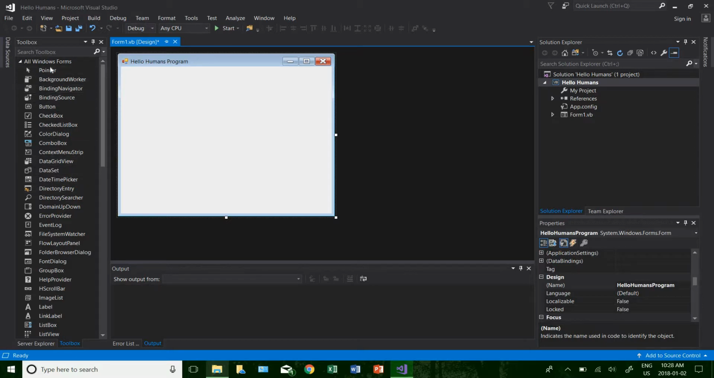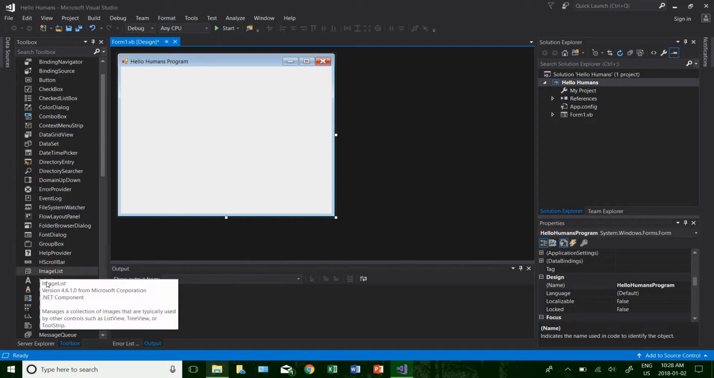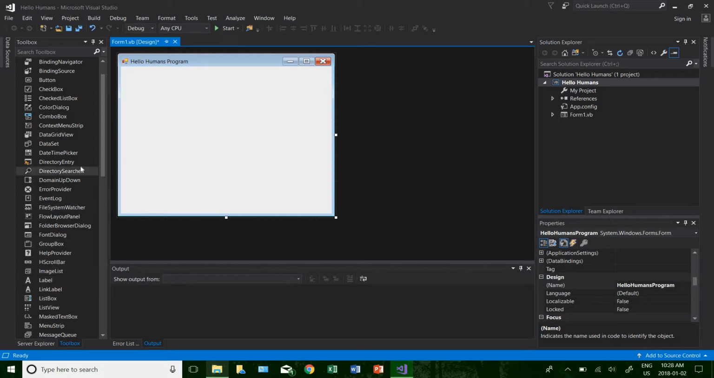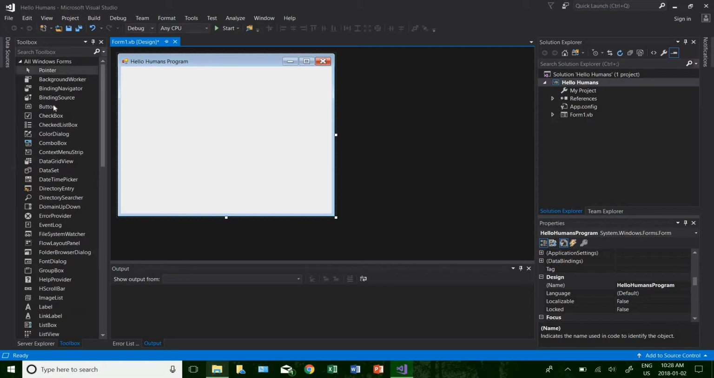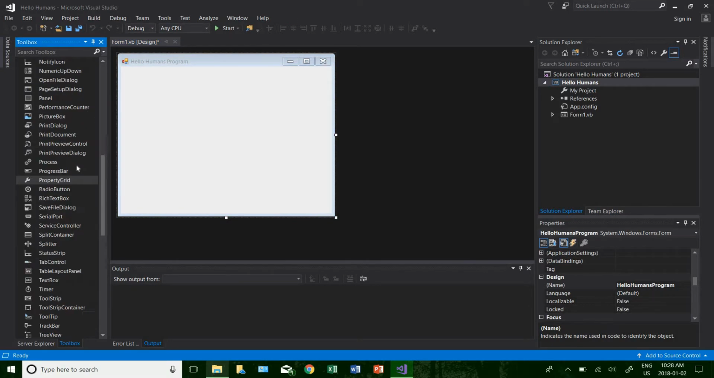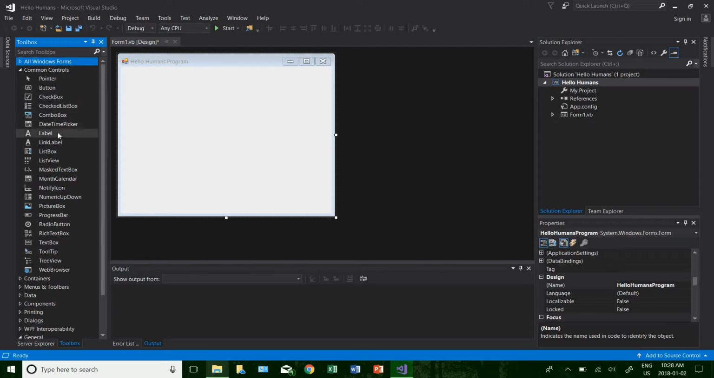So using my toolbox, first thing I want to do is look for something that I can use as text. So if you scroll down, and I believe I have it on all Windows forms. So what I want to do is actually click on Common Controls. I'm going to deselect this. So make sure your Common Controls is open, and you should just see the same objects here as on